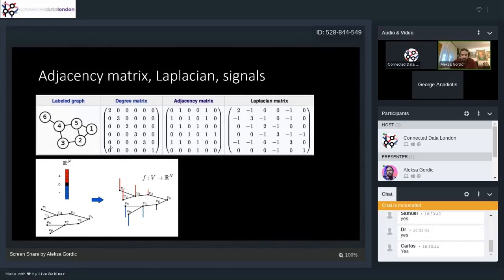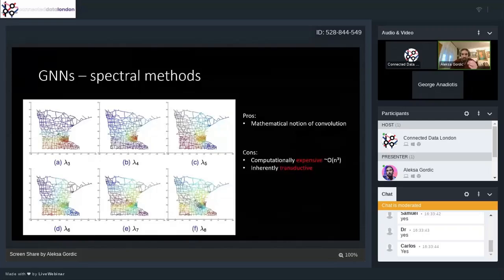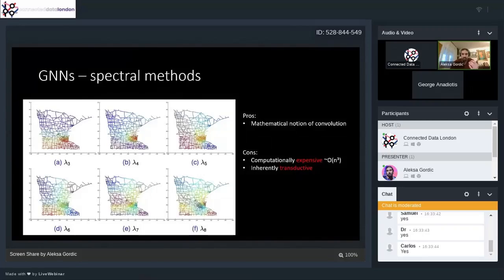And having that theory checked, let me now just tell you about spectral methods quickly. They rigorously transfer the mathematical notion of convolution to GraphML. The bad things are that it's super expensive to use them. They are inherently transductive, which means they're basically using a specific Laplacian matrix, and that Laplacian matrix corresponds to one and only one graph. That means once you train a GNN on this graph, you can't apply it to some other graph that has some other structure. So that's the bad thing with these methods. There are some other things, but I won't get into those details.